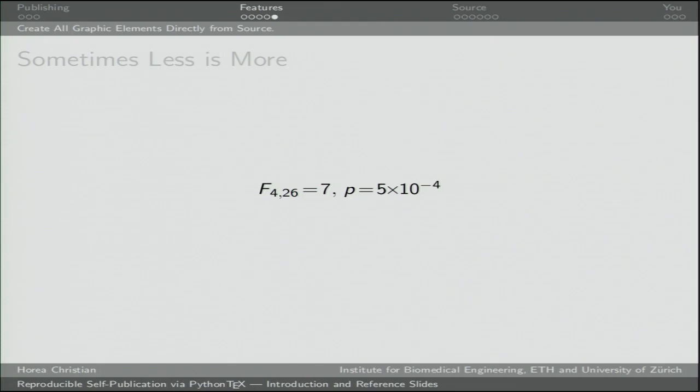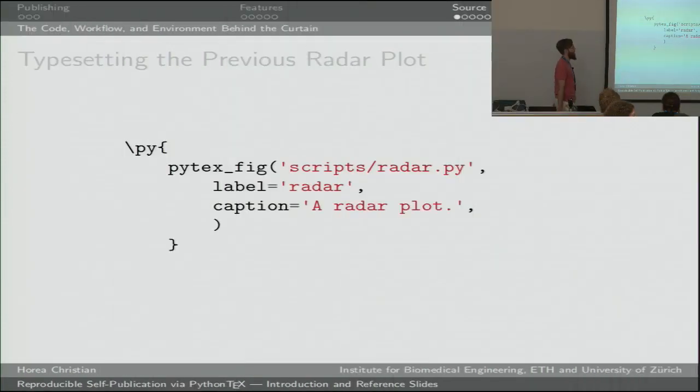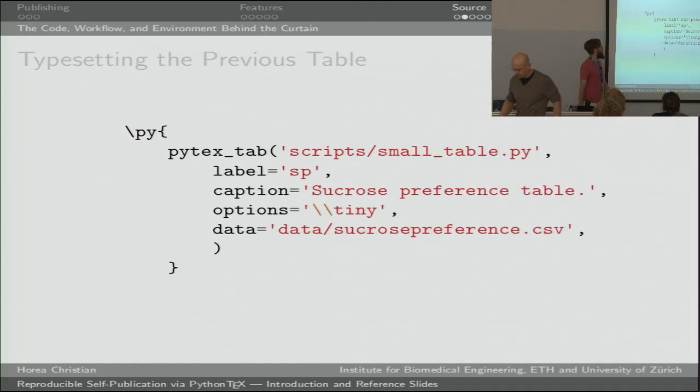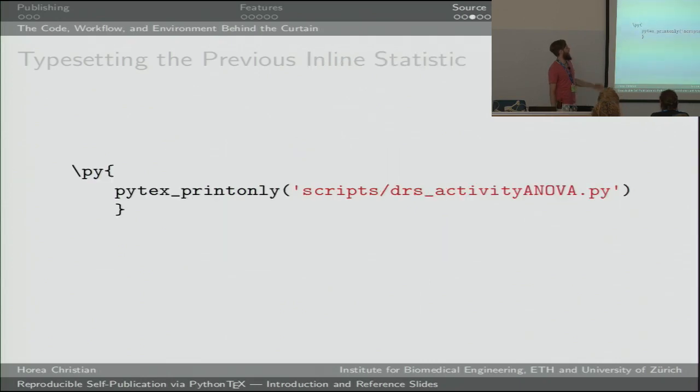The source code for all of these things looks fairly easy. So for instance, to put the radar plot from the Python script inside the text document, you simply have this line, which links the figure, adds a label, and can optionally add a caption. In order to create the table, you have basically this snippet of code, which again has a link to the script, which interprets the table, a label, a caption, options if you want to control the text size. So basically, the options just get inlined with the LaTeX code, and of course, the destination of your data. We're going to get to the data in a second. And for the statistics, you simply link the statistics analysis script, which in this case is an ANOVA.